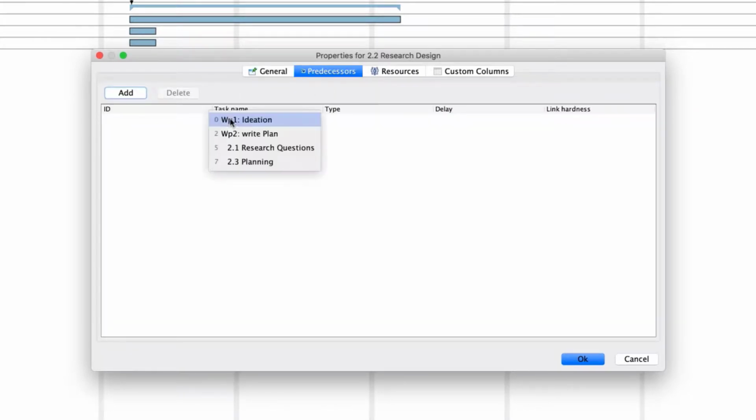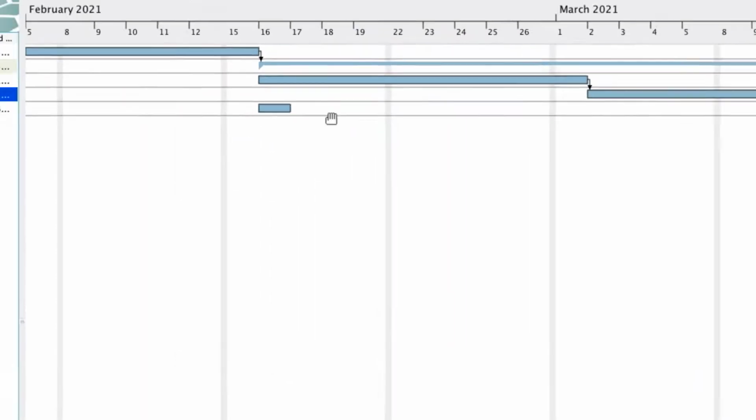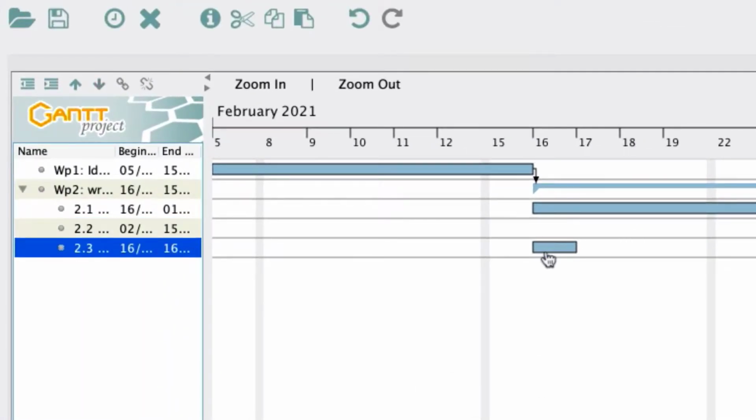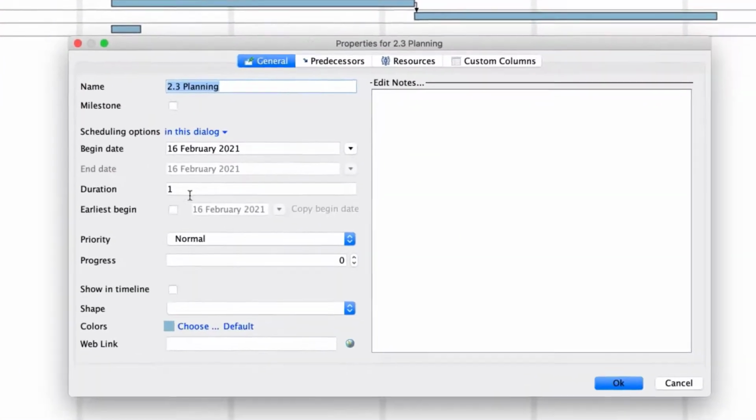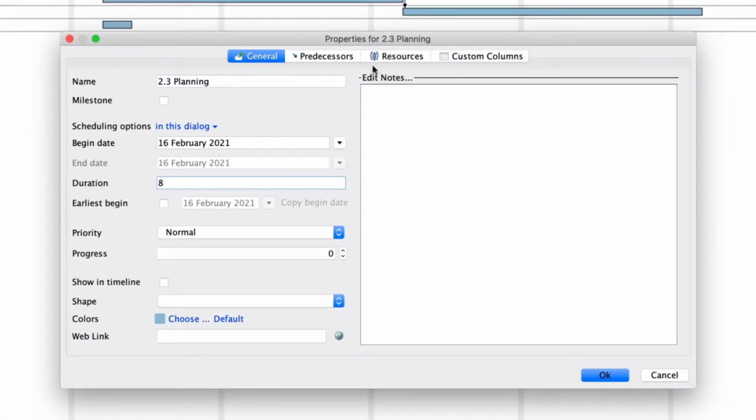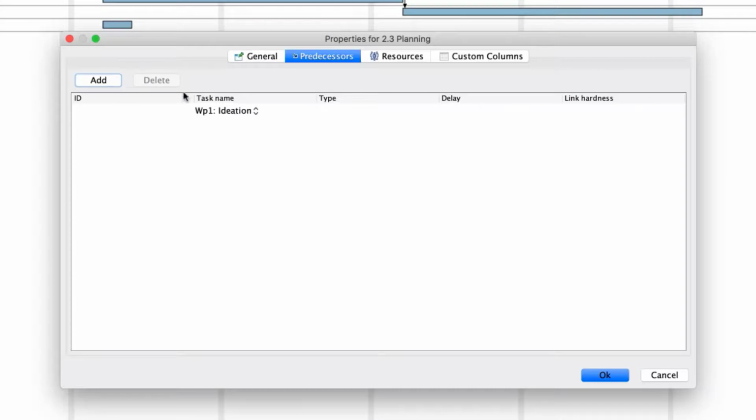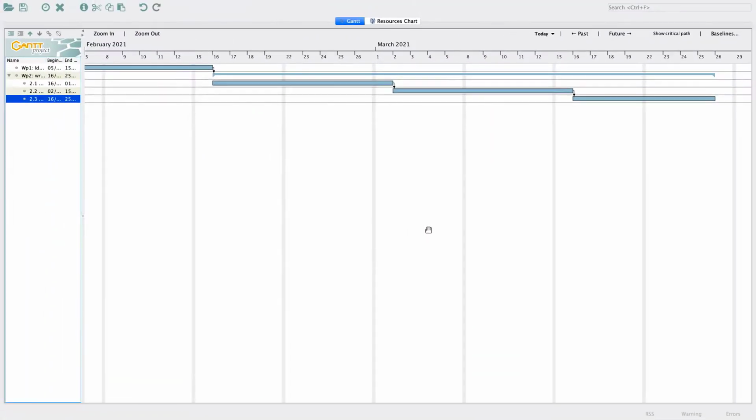If you want, you can also change the color of the bar chart in the General tab. When done, you can now see that Work Package 2 has been subdivided into 3 activities and their interdependencies.